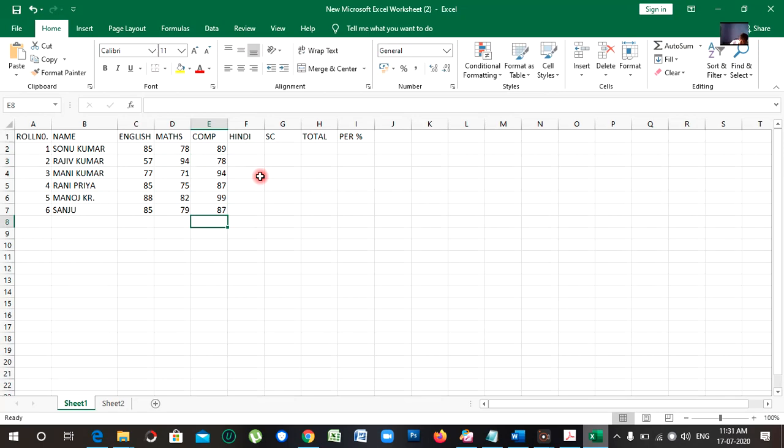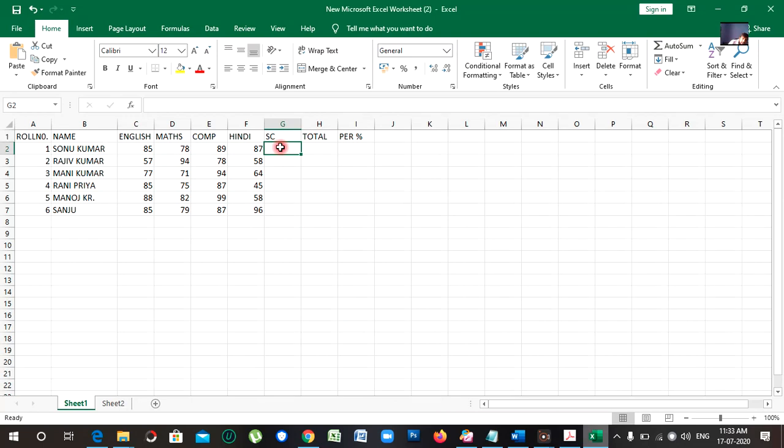Now see here, we are going to put some numbers. Now we are going to put the marks of science.